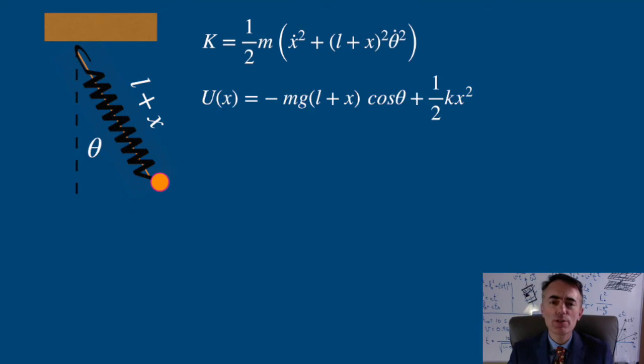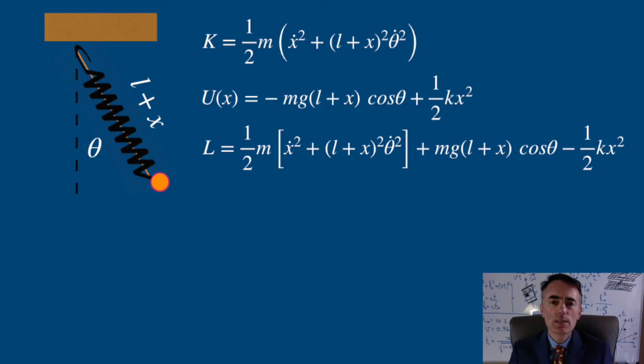The potential energy for this has two components, the gravitational one and the elastic one. If I consider the ceiling to be the origin of the gravitational potential, then I need to calculate the vertical distance of the mass to that ceiling. So negative mg (l plus x) times the cosine of theta, plus the elastic term 1/2 of k x squared. The Lagrangian is then